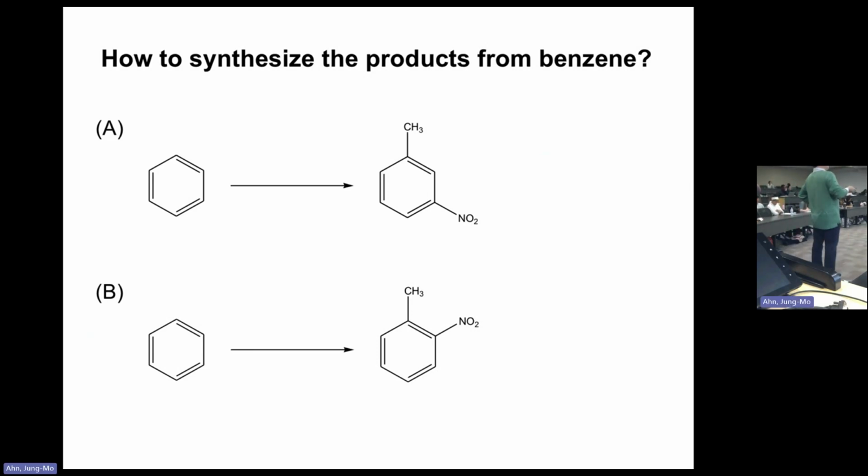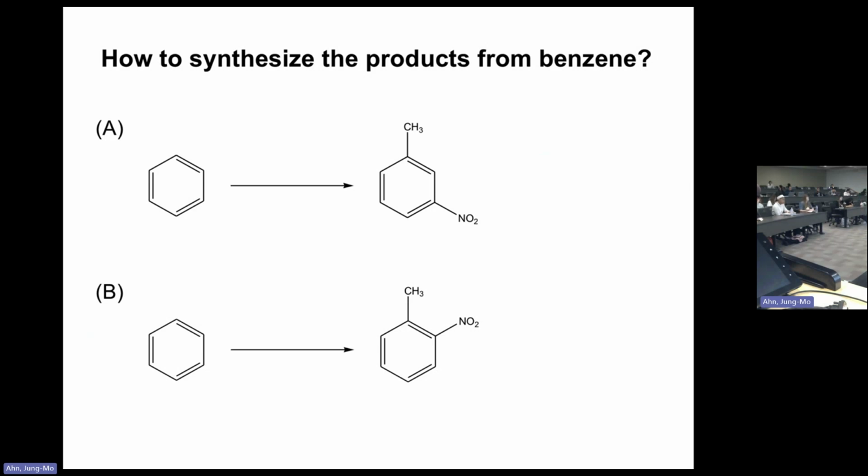Starting from the benzene, we are adding methyl groups, we are adding nitro groups. But these two molecules are not the same, right? These two are meta to each other, these are ortho to each other. So that's the difference. So adding on methyl groups, well, you can think of that as a Friedel-Crafts alkylation reaction,